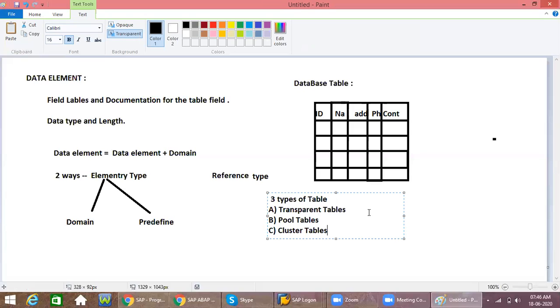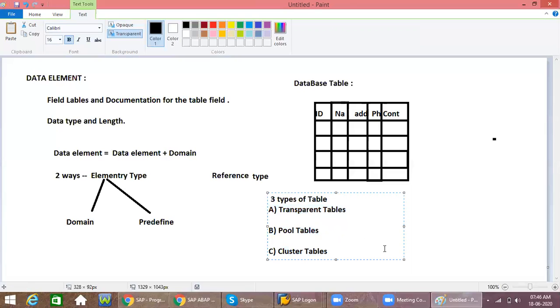What is transparent, what is a pool table, what is a cluster table, we'll discuss one by one in detail. Don't worry, just remember that in database tables we have three types. In SAP ABAP, other tables also exist, but don't get confused. Make sure that if the word database comes, then only these three names you should remember.